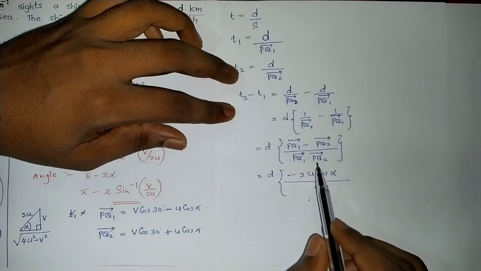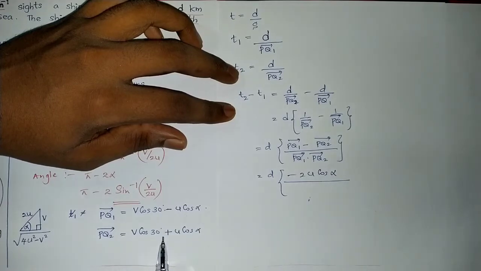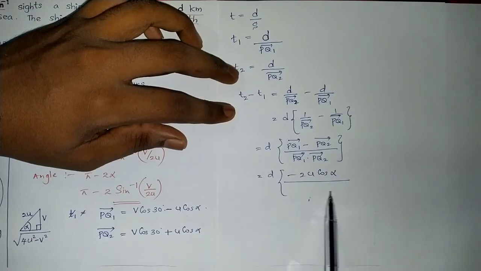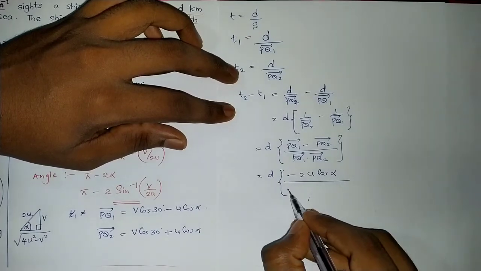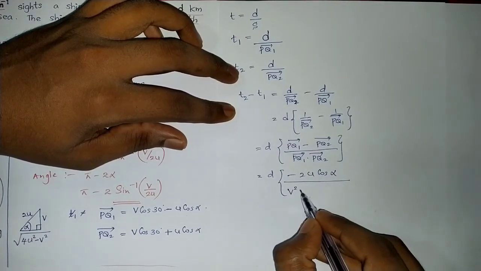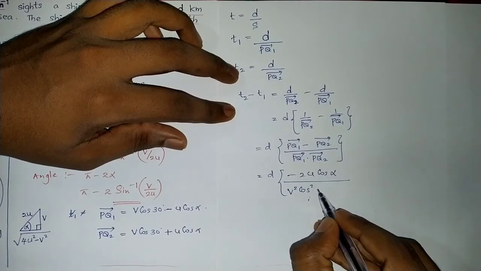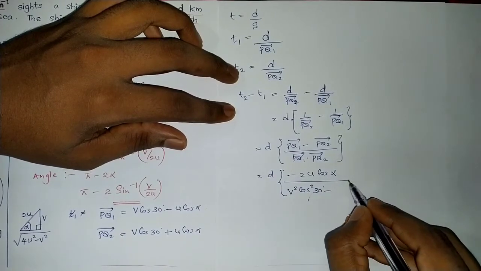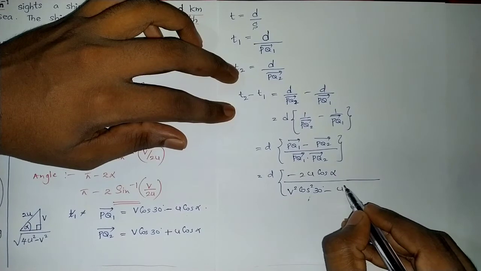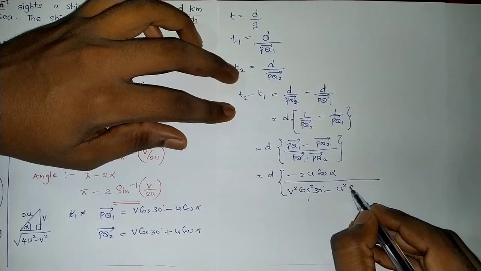In the denominator we have the product of these two. Earlier I told these two are the factors of difference of two squares, a minus b, a plus b. So I can write here a square minus b square. What is that? Square of this vector, which is v square cos squared 30 minus the second expression u square cos